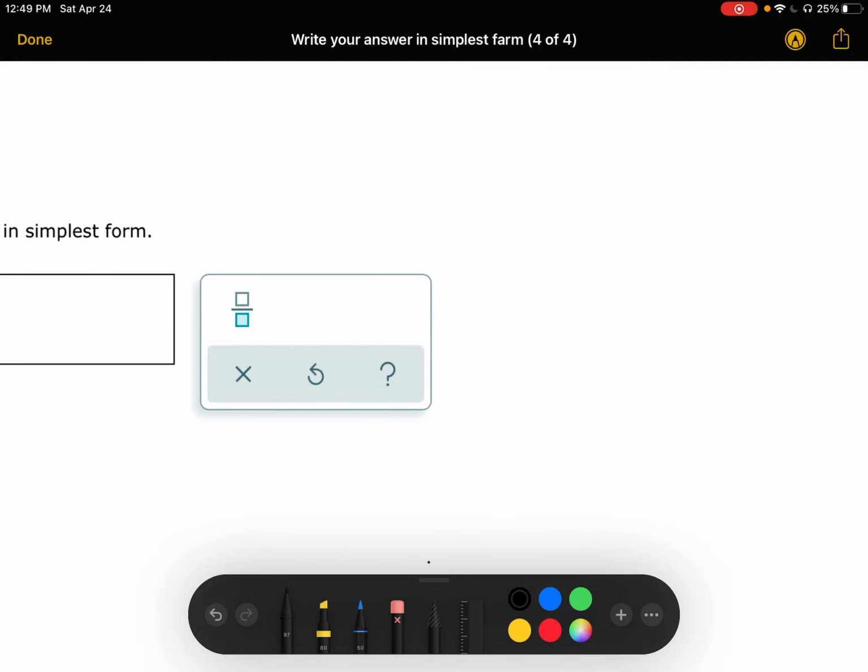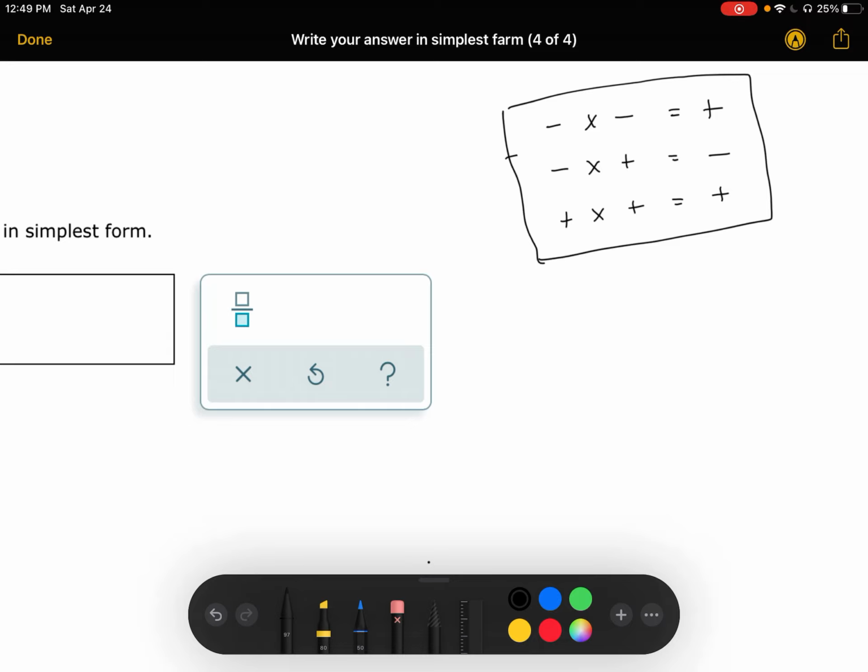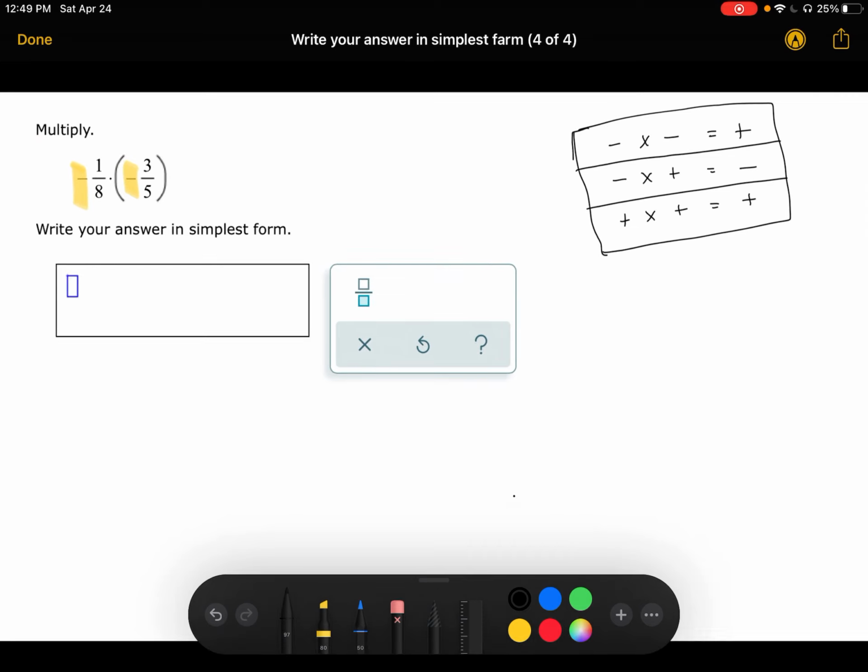So I'm just going to throw that out here. So a negative number times a negative number equals a positive number. Okay, a negative number times a positive number equals a negative number. And a positive number times a positive number equals a positive number. Okay, so this is your little roadmap to integer multiplication. Okay, so I know that if I put this up here, you'll be like, what is that? There you go. We're going to reference it. So I'm just going to put that there, and then we're going to just talk about what we know about